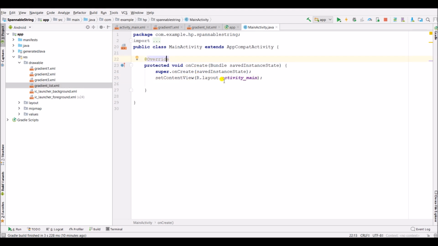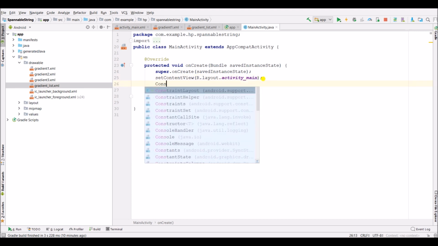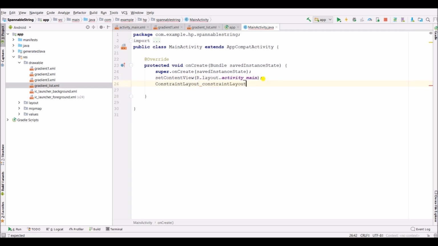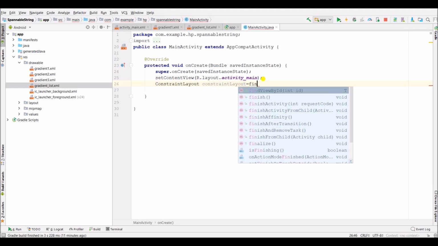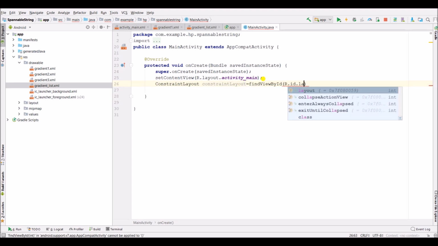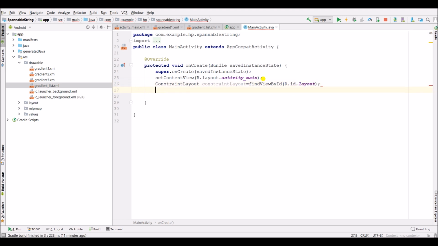Inside main activity.java, create constraint layout variable, constraint layout, find view by id, then animation drawable, constraint layout dot get background, animation drawable